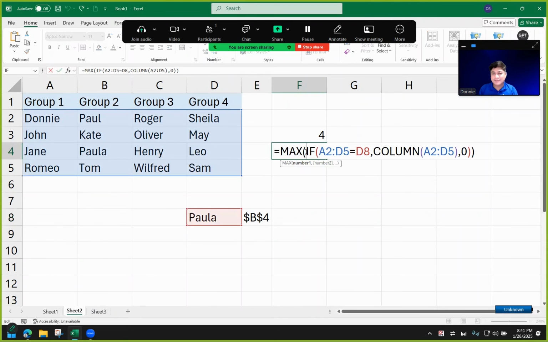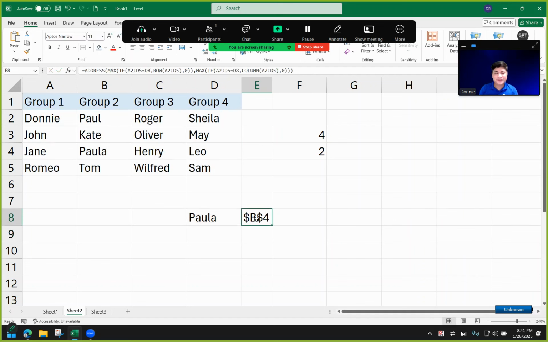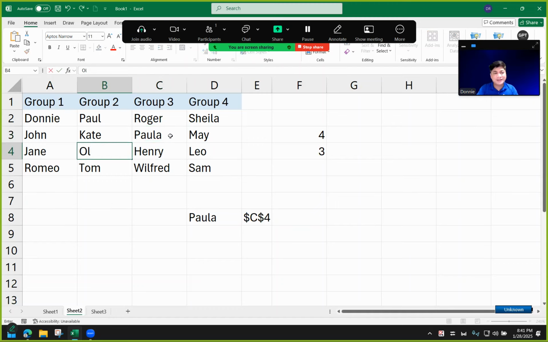I will do the same for the number 2 over here because this gives me the column number. So I will change this number 2 to my if, and then enter. As you can see, it's still working. And if ever I move that value around, then you get the correct answer, in this case C3.